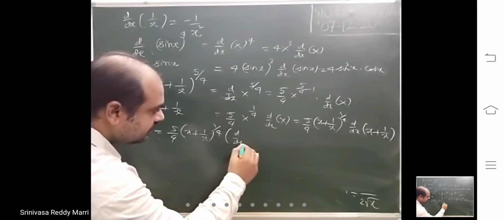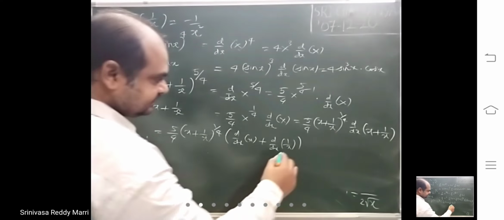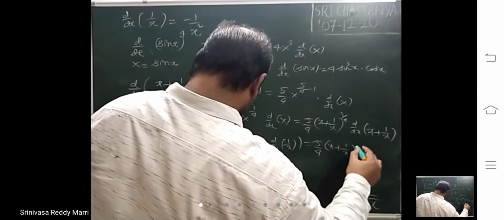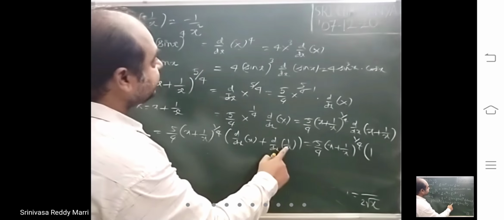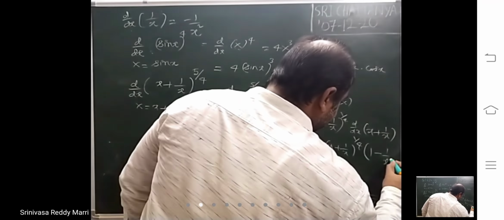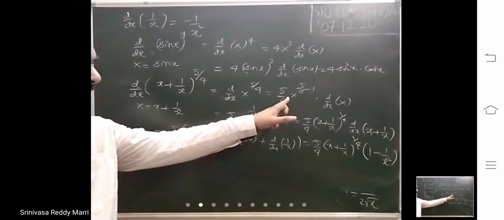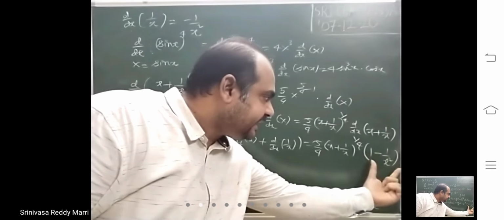So d by dx of x plus d by dx of 1 by x. That means what you will get is 5 by 4 into x plus 1 by x whole power 1 by 4. This is standard rule 1. d by dx of 1 by x, that is also a standard rule. Over, that is the derivative. Like that, whenever a power number is there, follow this capital X procedure. Take capital X and then x power n, write the formula and then d by dx of capital X. So here you got the standard rule, that ends the differentiation.